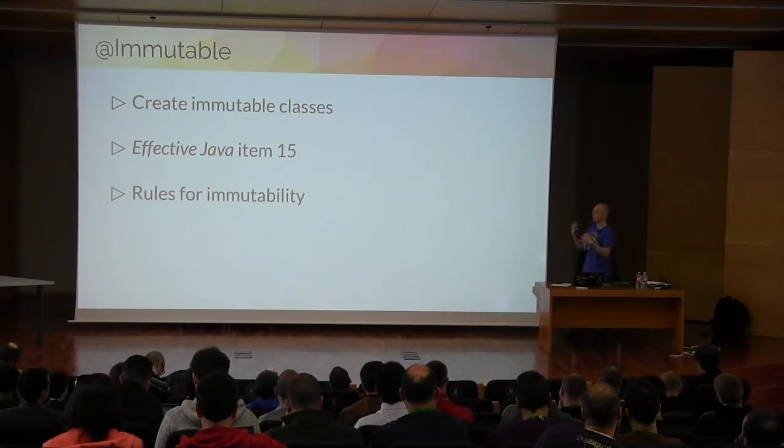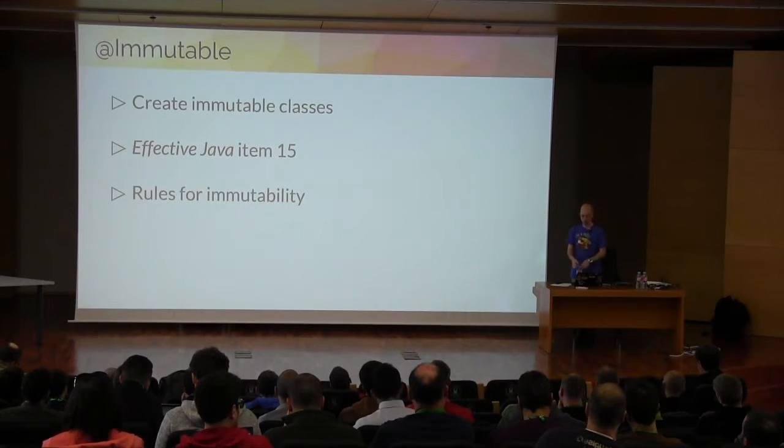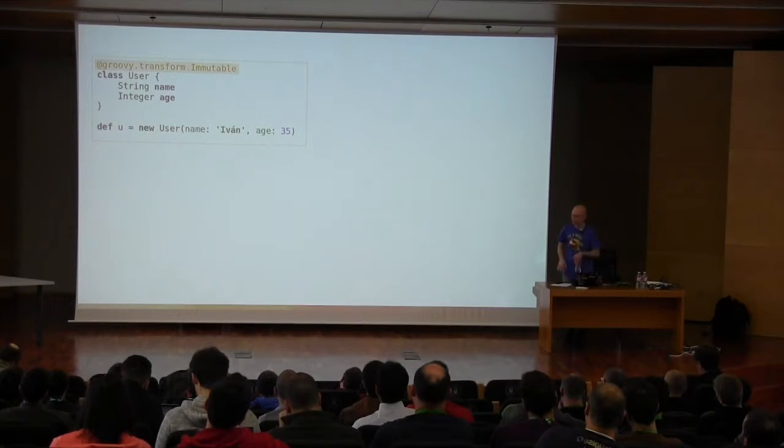You cannot override methods, so your class should be final. All fields should also be final and private, and you should optionally implement equals, hashCode, and toString. So with this annotation, we can just write this code, annotate a class, create an instance, and this annotation will generate all the code to